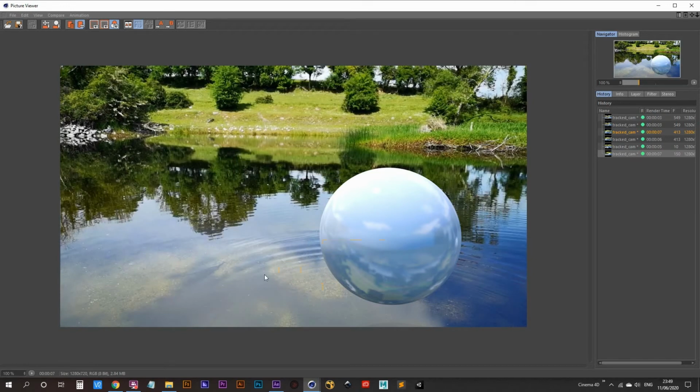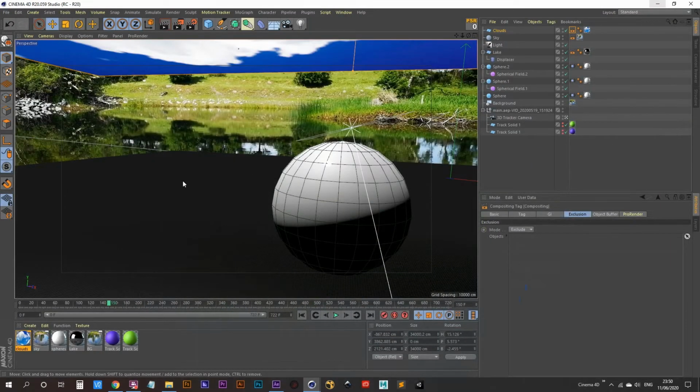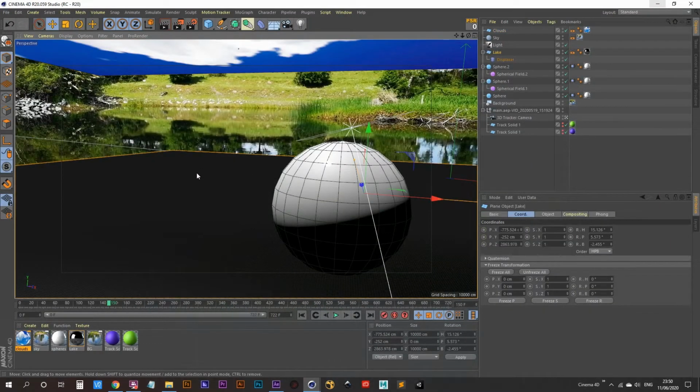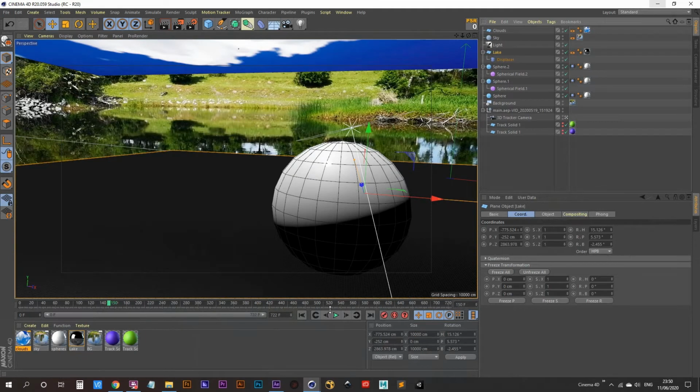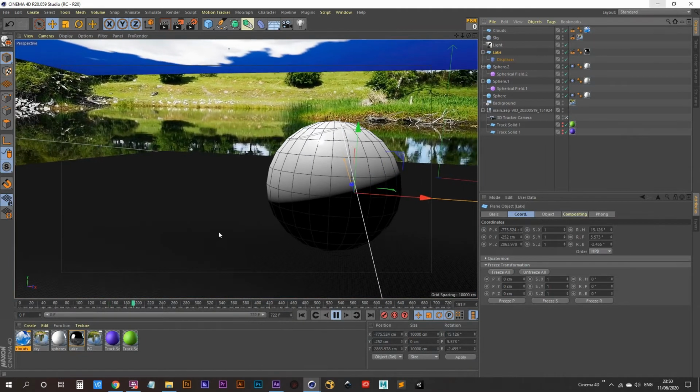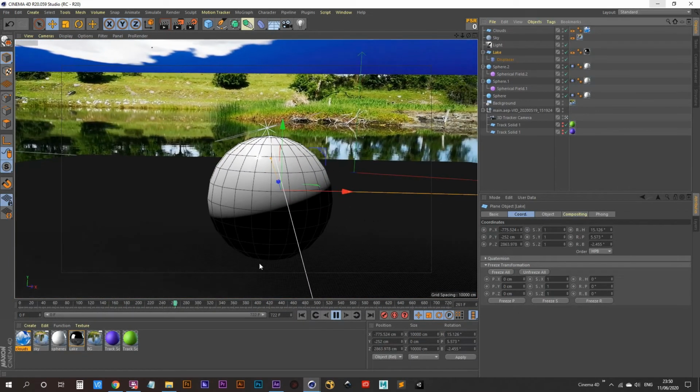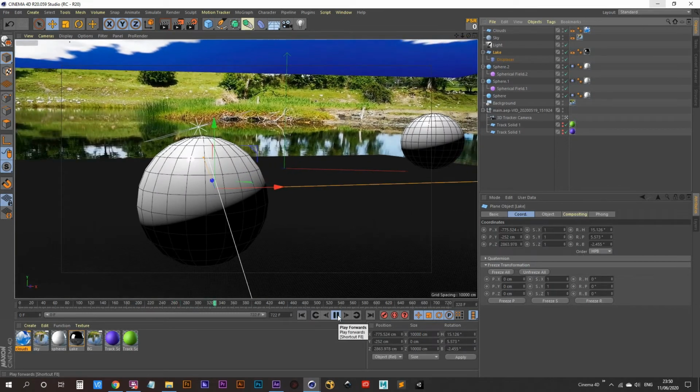Do you know what? I think I'm going to leave it as is. It's not looking too bad. The clouds are being reflected here, but they're not being reflected over here. But you're still getting the reflection of the real sky. The reason they're not being reflected over here is because the lake object doesn't actually go that far. I could bring it over a bit more, I suppose, but I don't want to be messing around with this too much. I think I'm happy enough with that as it is. You guys, of course, are welcome to mess around with it a little bit more if you want, but we